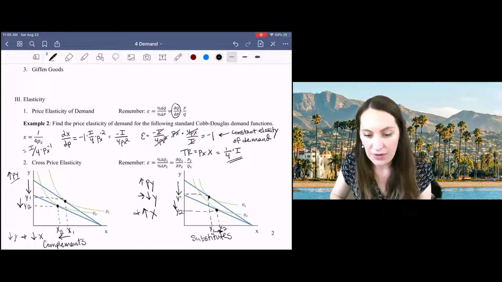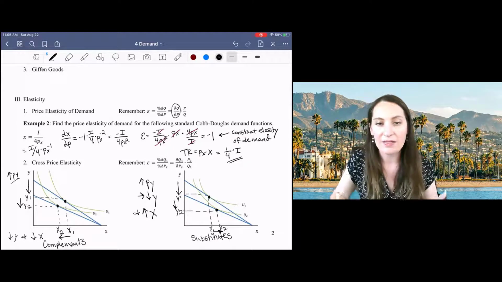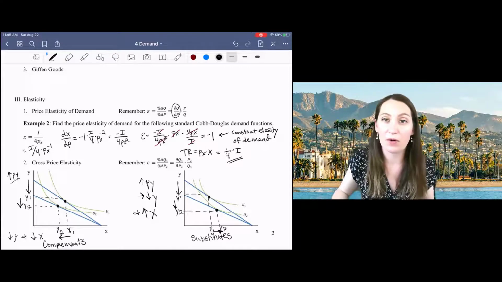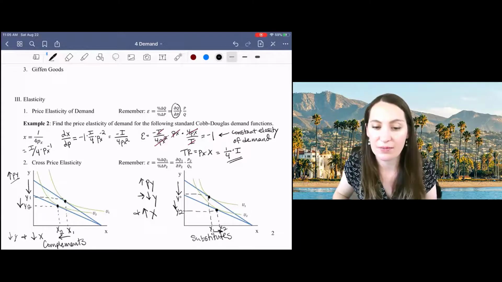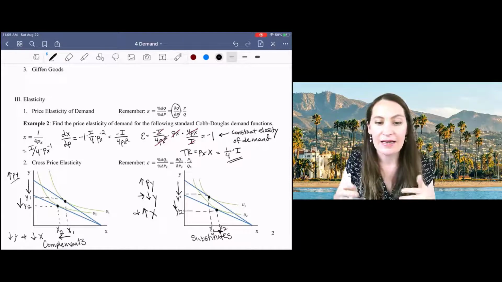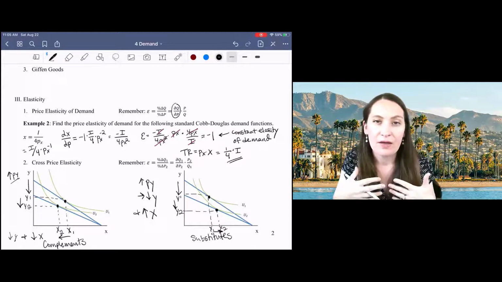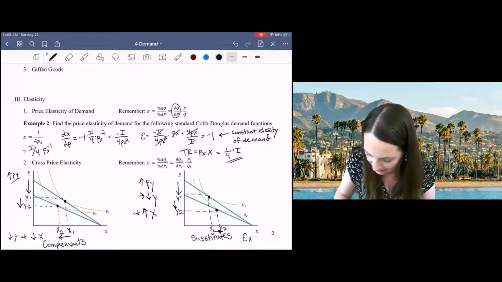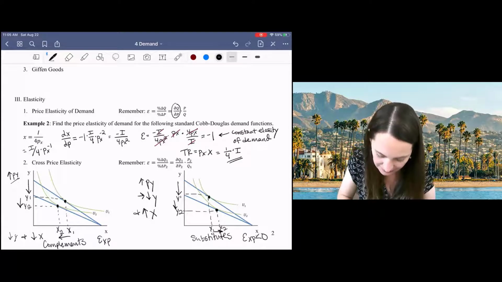And so here you can see that as we consume less Y, we prefer to consume more X. We would call that relationship substitutes. And the cross-price elasticity is going to tell me what is happening to consumption of X as the price of Y changes. It will be negative for substitutes and positive for